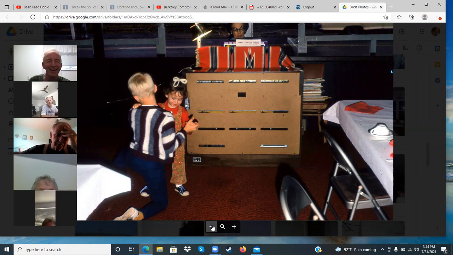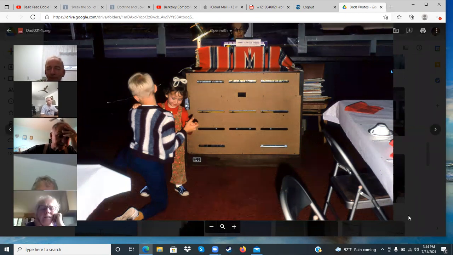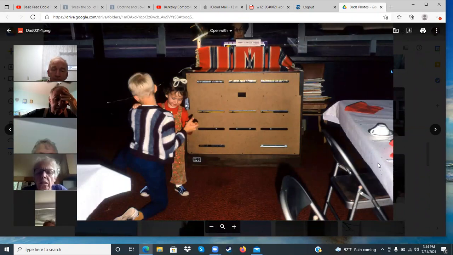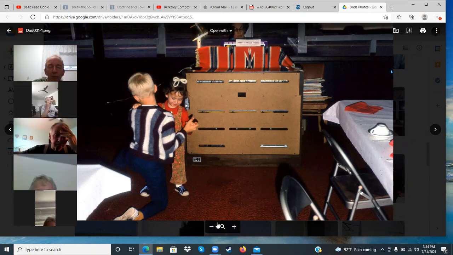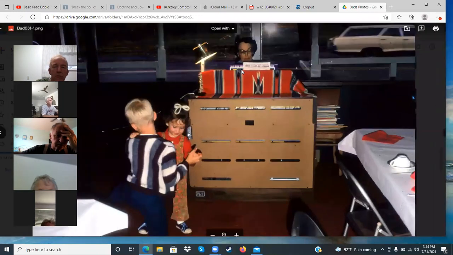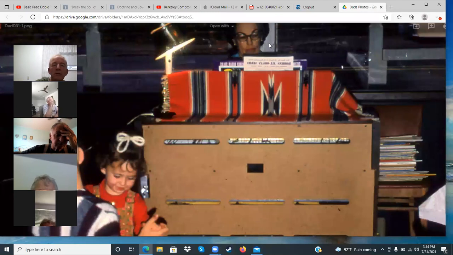How do you spell Liesl? L-I-S-L. Anybody know where this is? Can you zoom in on the title up there? It looks like a hospital bed at the top, and a piano player or whatever it is. Can we zoom in on the piano player? There's a little sign just in front of the piano player. I believe Daddy is playing. No, that's not Daddy. That's a bunch of numbers. I don't know who that is.